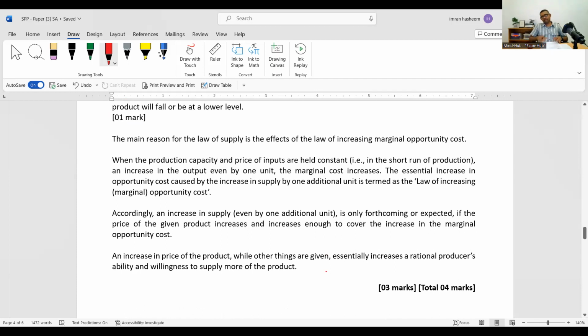Now, I know you guys, I have taught you, we have learned. You can give the reasons for law of supply based on the profitability aspect, and then opportunity cost, increasing opportunity cost. But now we can see that your examiners want that technical way to explain law of supply. So that is what I have given as a suggested answer. If you have written a slightly different answer when you attempted the paper, I want you to work on this and ensure that you are able to explain it this way. Okay, reasons for law of supply.